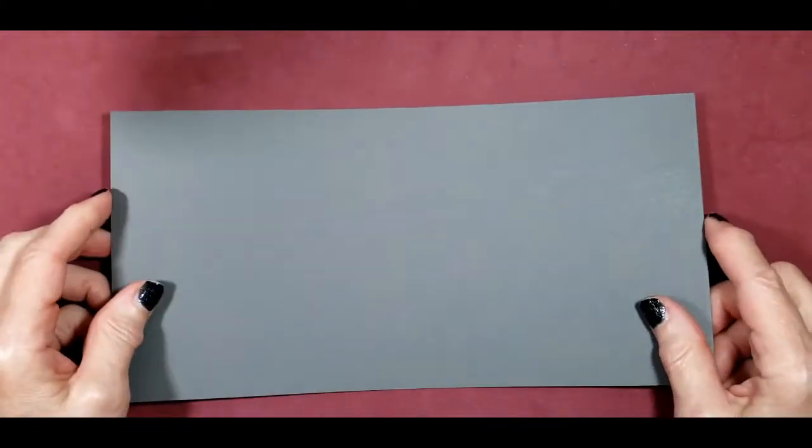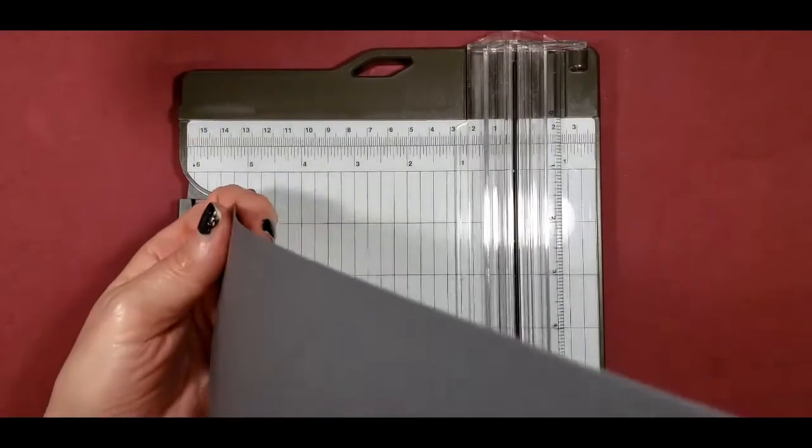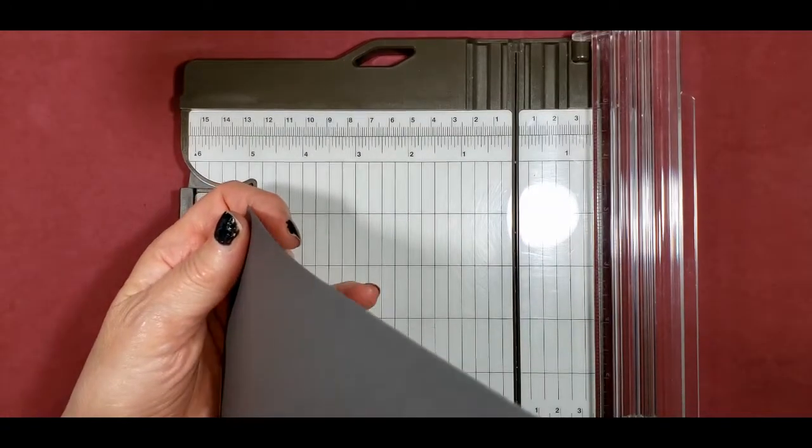So what we need first is a 5.5 by 11 inch card. Yes, I said 5.5 inches by 11 because we're going to make this into the tree fold fun fold card. So what we need to do next is score it at 3